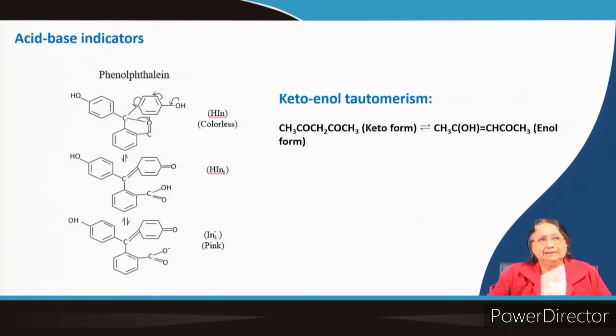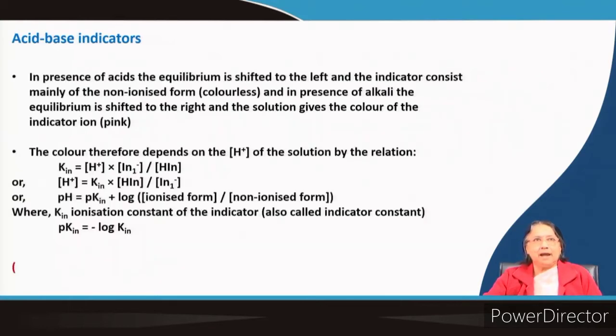Why is it pink? Because phenolphthalein has changed its structure. So, this is the mechanism. In acid solution it will have this structure, and when you add alkali slowly it will be converted into this structure, same compound, but two different structures, and they are nothing but tautomers. So, here it is colorless in acidic condition, here it is pink in the alkaline condition. This is an acid base indicator.